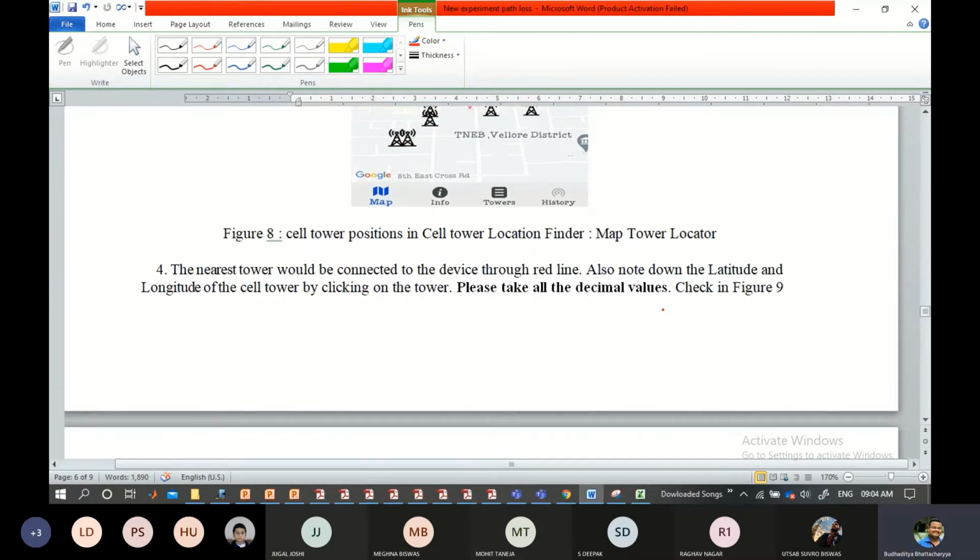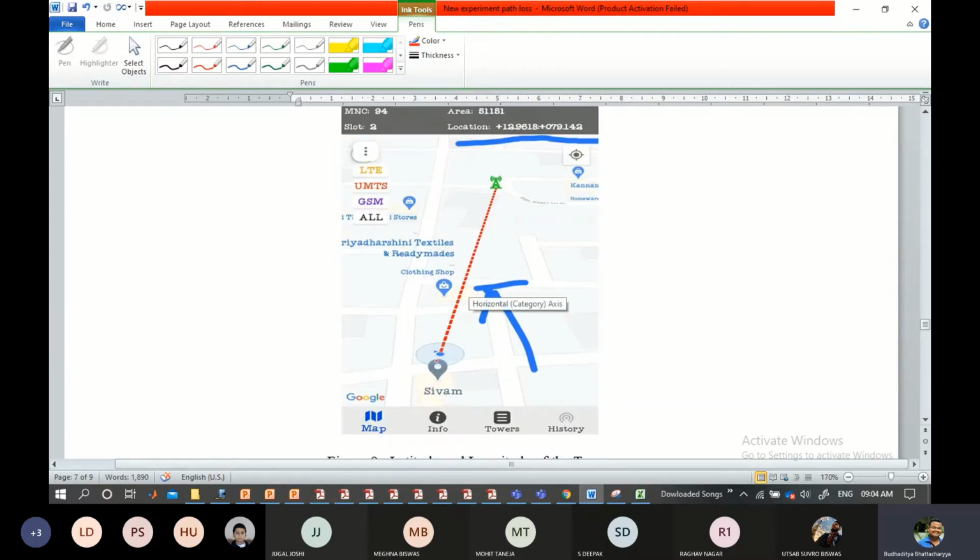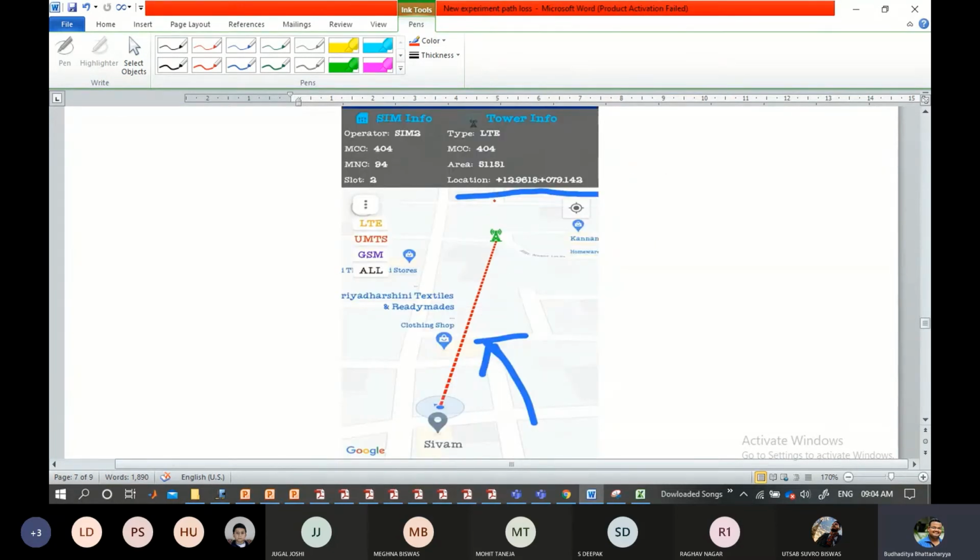Clear? So now if I happen to have all the base stations, what I have to do is calculate the distance. This is where Utsav was asking how you get the last portion of your reading. You can see this is the primary connection that I have. If anyone is not getting it, please let me know. You must be having one connectivity of this nature. So you have to note down this location, the latitude and longitude. Keep a reference to it, because this is your position as of now. This is your first reading.